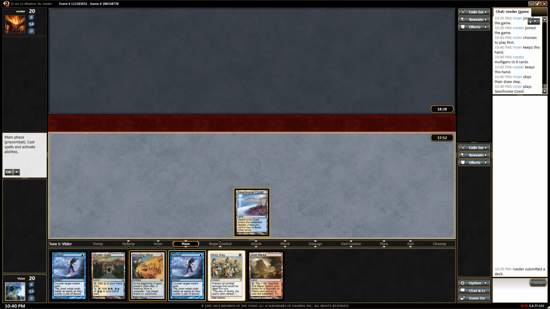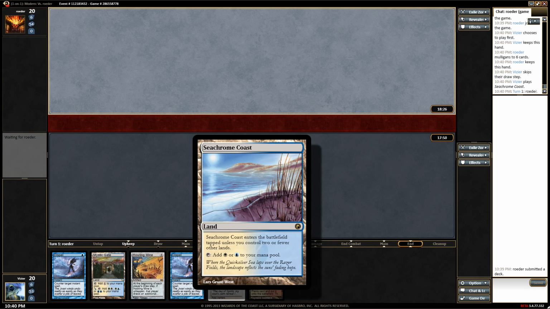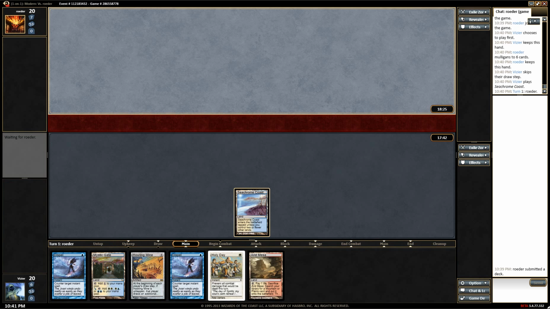Alright, so I'll play my true dual. I wish they would make enemy colors. I hope in Theros we'll get enemy colored Scars lands. That would rock so hard. I don't know if they'll do it though. It'd be like